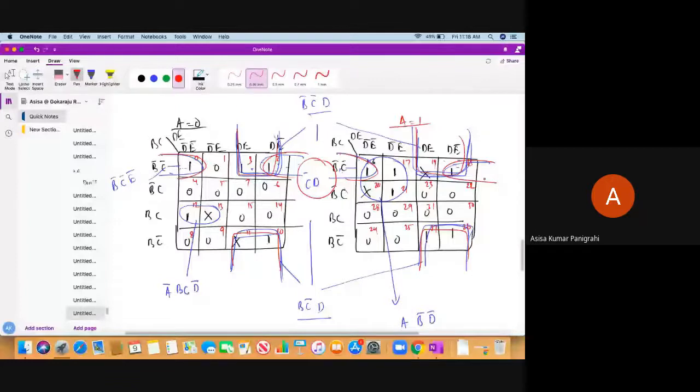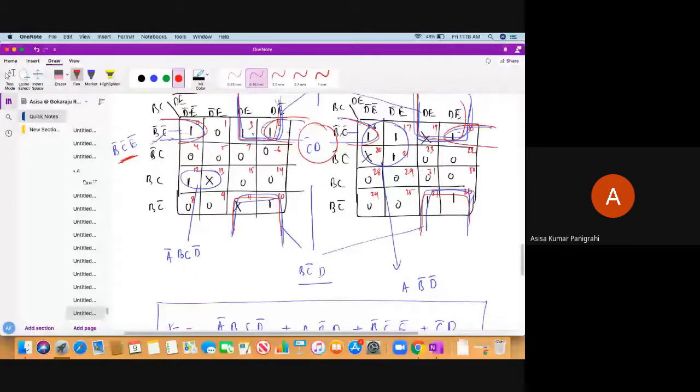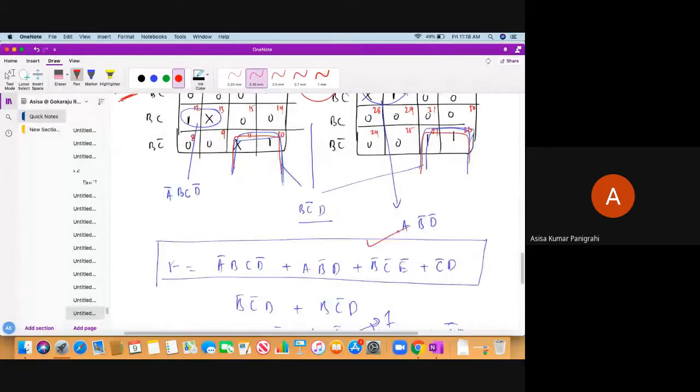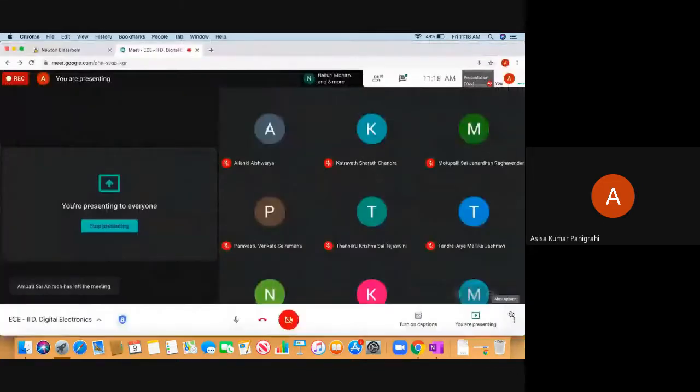So what we have done here, we have done all 8, which gave us this C bar. Okay, do you all have any doubt, students? And for these 4, we have taken these 2 and these 2 as one quad, which gave actually B bar, C bar, E bar. Okay, how to see: B bar, C bar is common and E bar is common between these 4. So we got B bar, C bar, E bar. Like this we have to do our 5 variable K-map. Any doubt, students? Immediately. Any doubt? Please let me know.